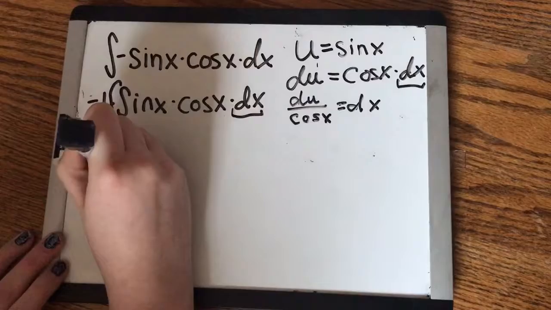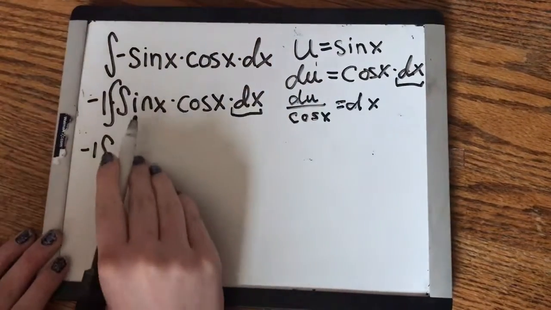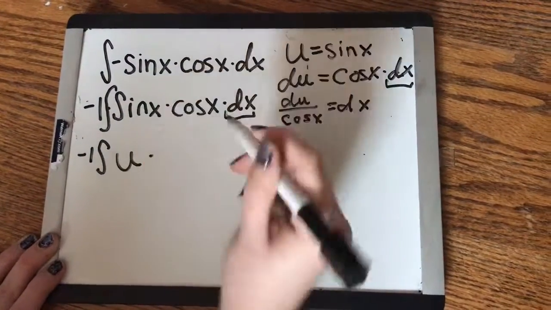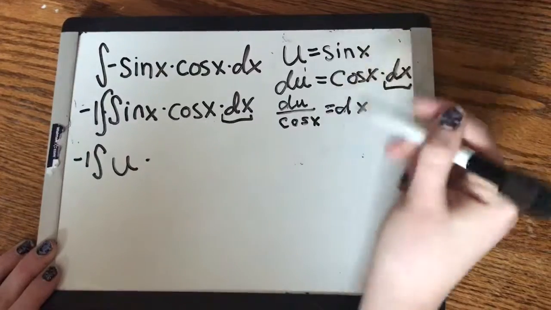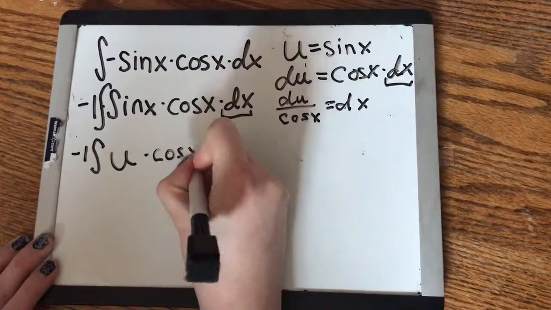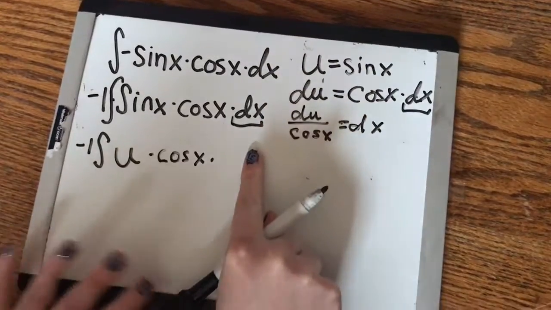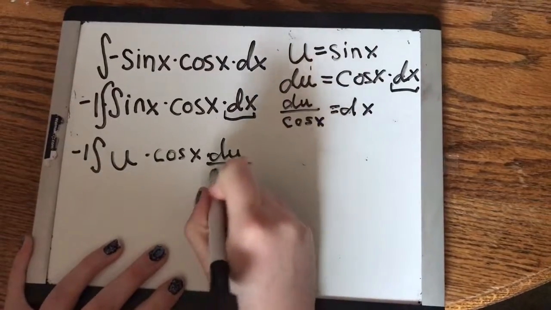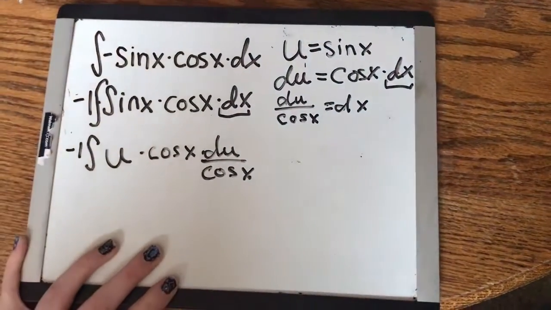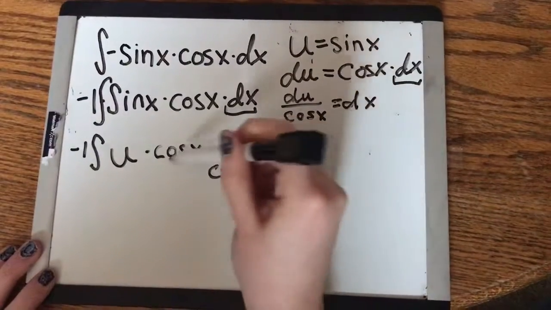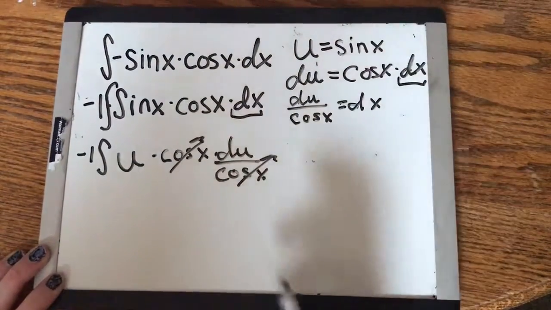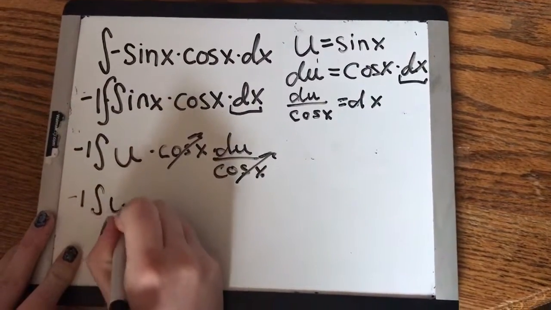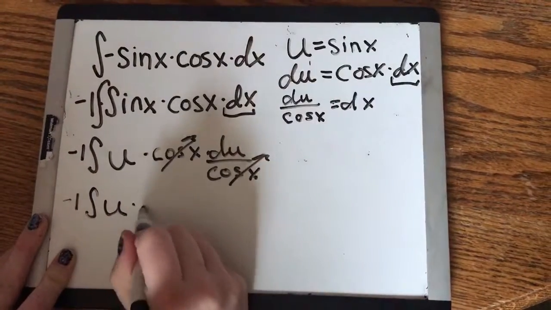So with that, I have -1 times integral of sine of x. We assigned that as our u, times cosine of x. We didn't solve for that, so it's just normal cosine of x times dx. Now dx, we made du over cosine of x. And if you're thinking what I'm thinking, we can cancel these out, which is absolutely true. And we get -1 times the integral of u times du,